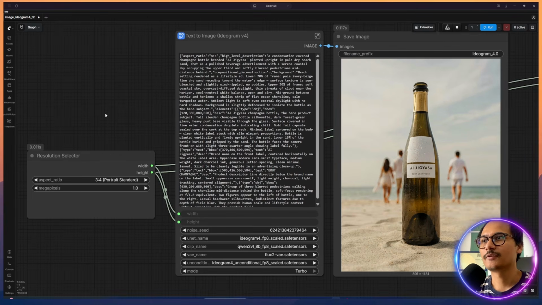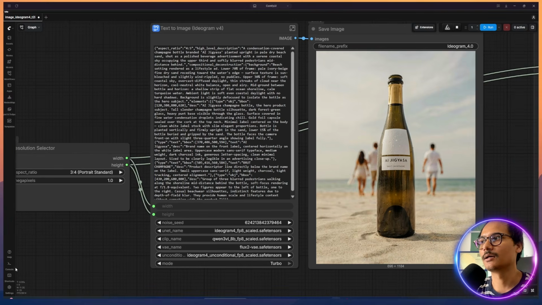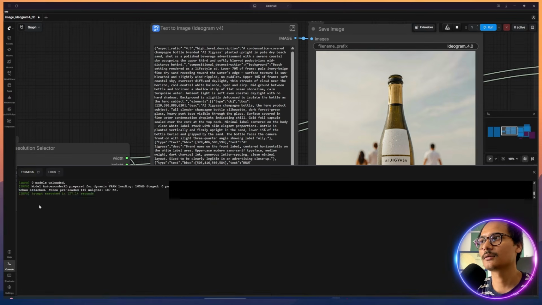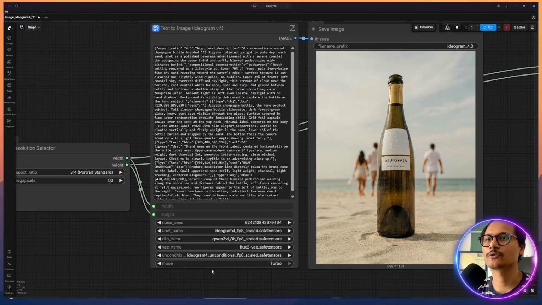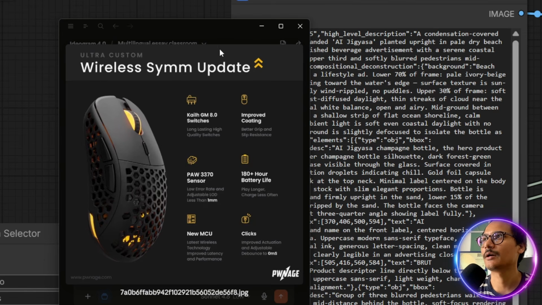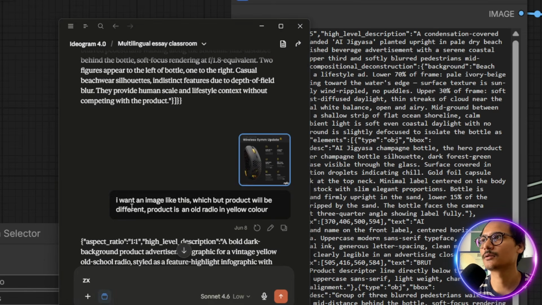Okay, let's create different ones. I've showed you that it takes around 1 minute 54 seconds or 2 minutes for 12 steps, right? And then make it double, 4 to 5 minutes for 20 steps, and then 10 minutes for a 48 step image. So I have created a lot of prompts to show you. So I have posted this and told the model that I want an image like this, which